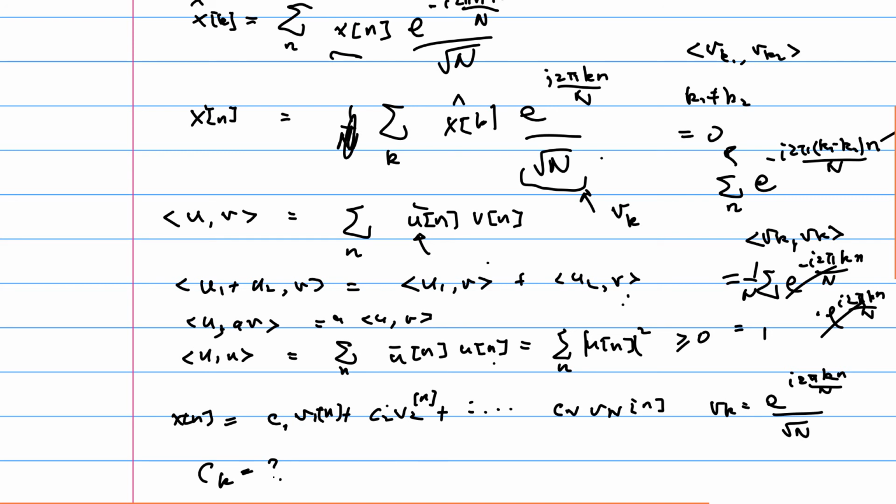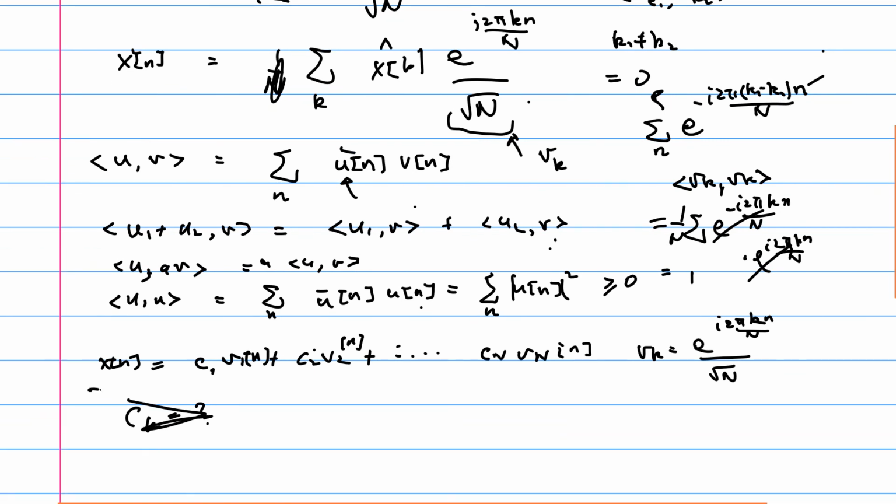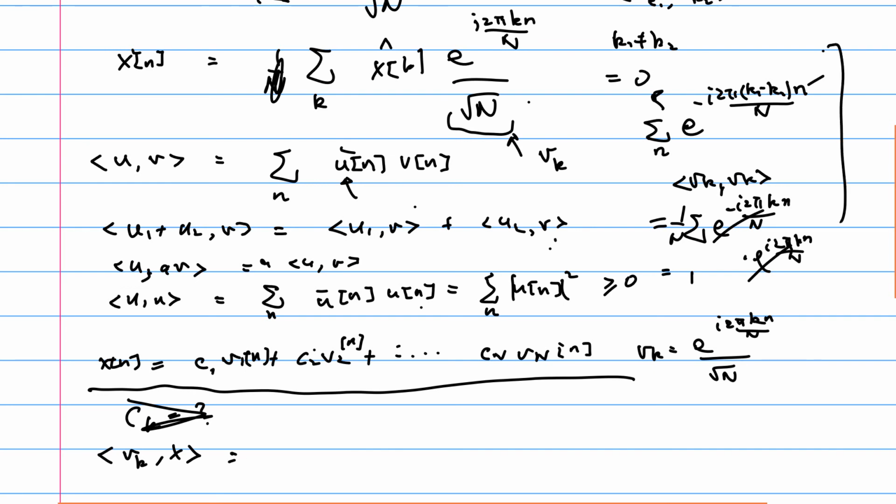Yes, but even before that, I have this equation here, right? I assume that xn can be represented as this combination. Now, how do I find ck? Let me try to do vk and x, a projection, right? Then the projection, what we already showed earlier, is super nice, right? If you have vk1 and vk2,